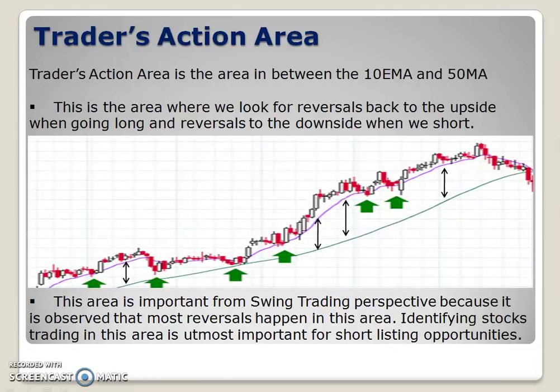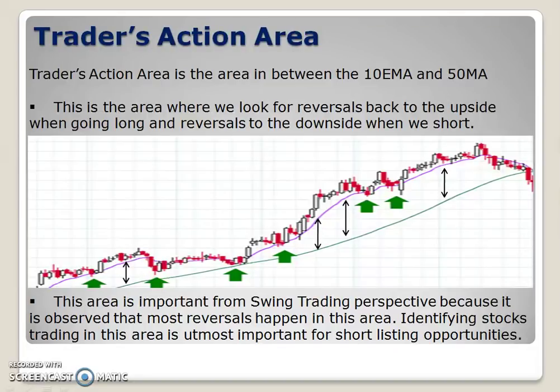Traders action area is the area in between the 10 period exponential moving average and the 50 period simple moving average. This is the area where we look for reversals back to the upside when going long and reversals to the downside when we are short. So basically, if you consider this particular picture,